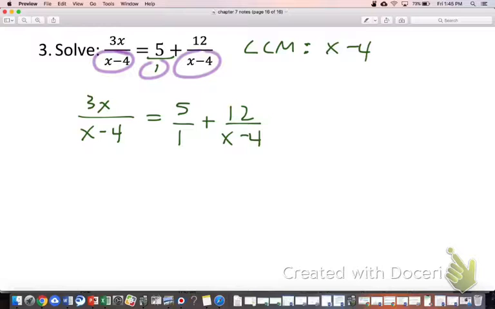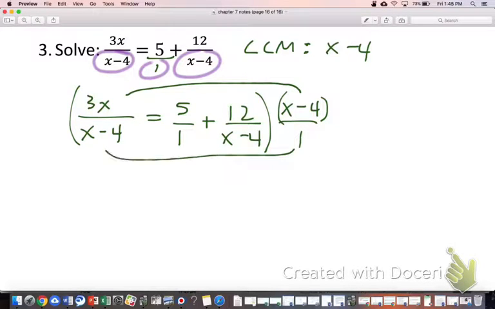Okay. So, based on the fact that the least common multiple is x minus 4, just like we did a few minutes ago, I'm going to multiply by that least common multiple. I'm going to multiply every single term through by that least common multiple. So, when I do that,